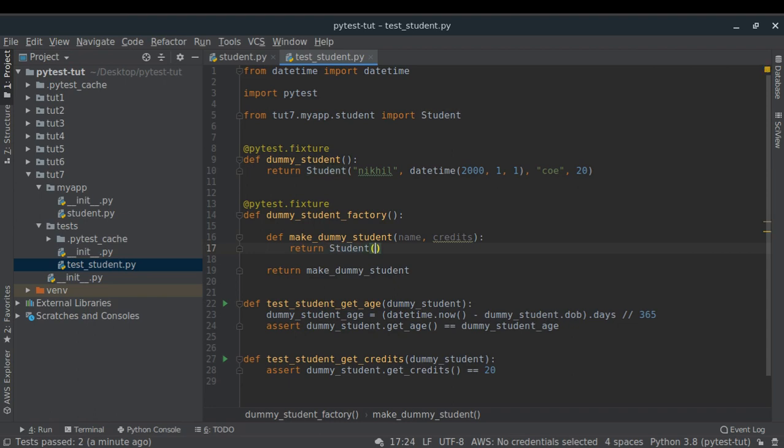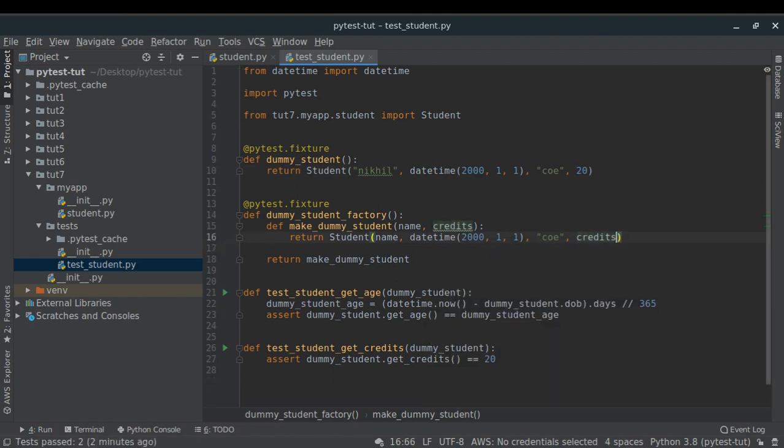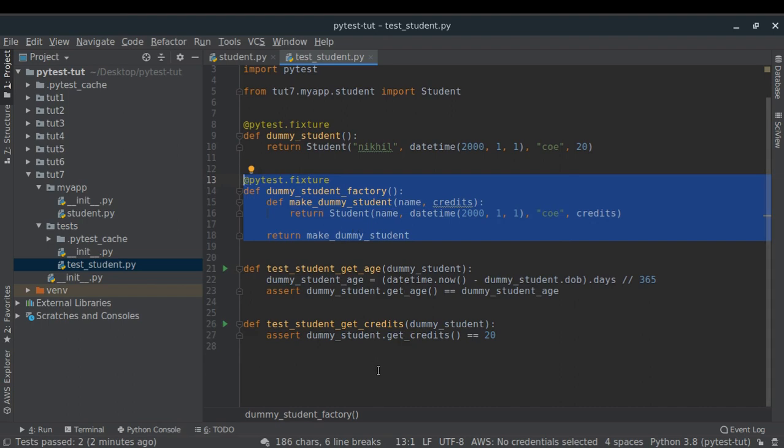student. So name is which will be variable. I'm just keeping the age the same for all the students, which might not be a scenario in the real world, and credits. Okay, so this is my PyTest fixture factory, and this is capable of creating new students whenever I will be calling my fixture function, my fixture object basically, which I'll be passing to my unit test. So let us see.